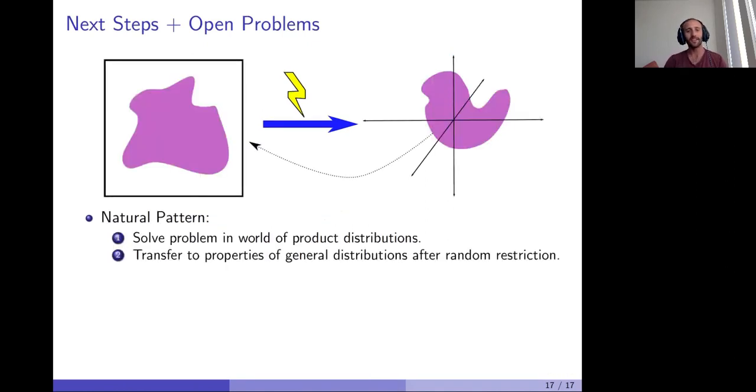And let me just mention that there really is a natural pattern for some very interesting questions, which is to consider a problem in the world of product distributions and see what structural results you can prove about general distributions while allowing taking random restrictions. So I think all these results are very surprising, and